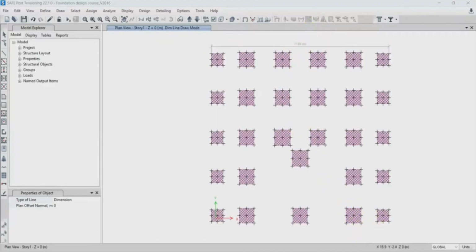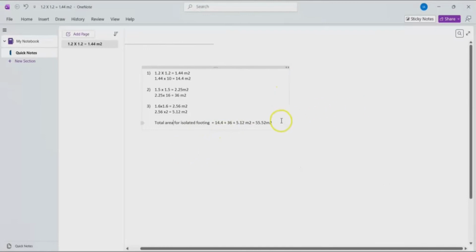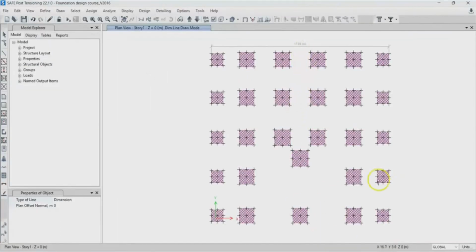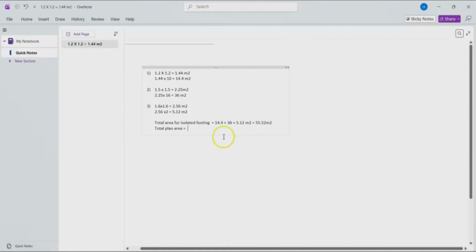So now we can say the total plan area. So it's going to be 17.98, then multiply by